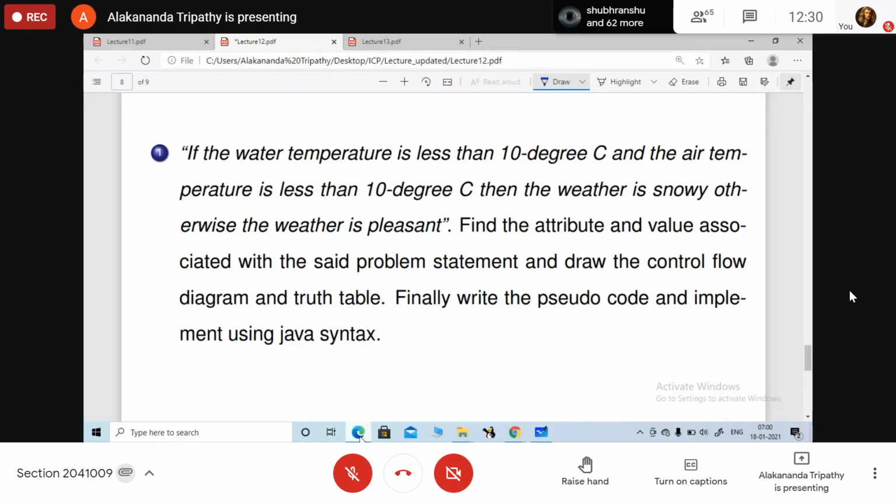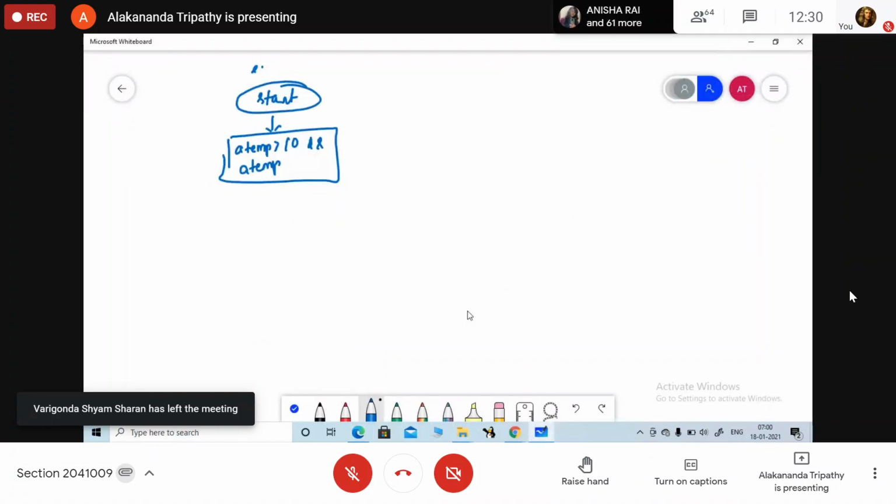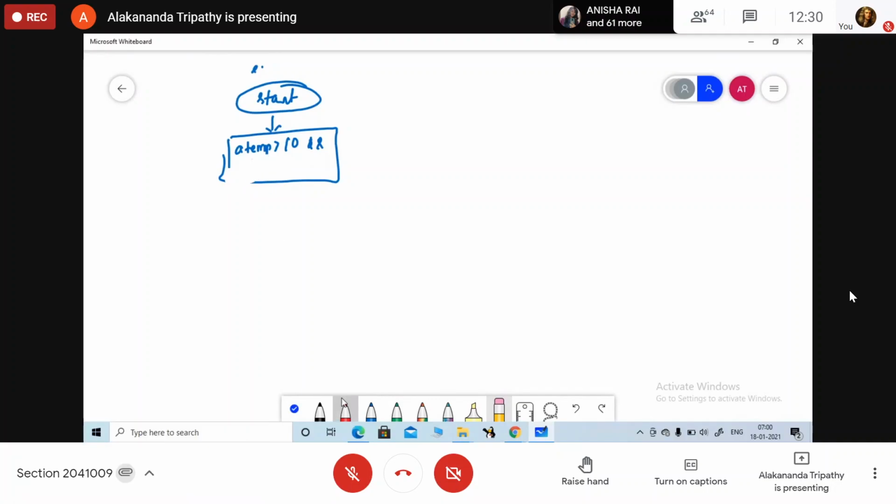And the other one is your water temperature. So water temperature, it is less than 10 degree. If it is true, then what we are going to print?